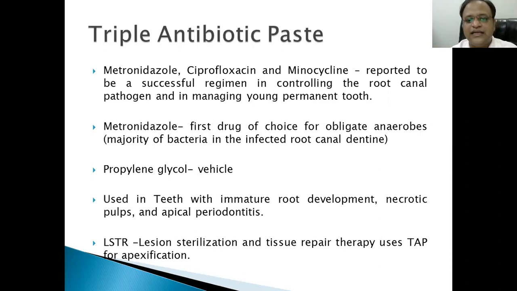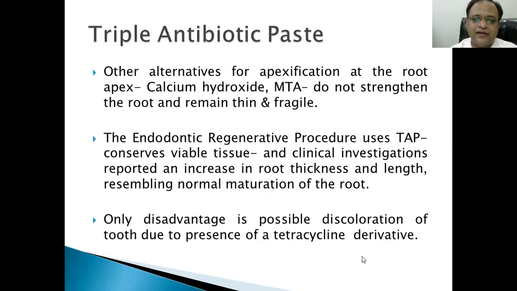1996. So propylene glycol was used as a vehicle. It is used in teeth with immature root development, necrotic pulps, and apical periodontitis. So there was one of the techniques that were developed for apexification, that is lesion sterilization and tissue repair therapy. So it uses triple antibiotic paste. Other alternatives for apexification, as we all know as students, calcium hydroxide dressings were used for conducting apexification. In today's modern scenario, MTA is one of the favorite products to create an apical plug or apexification